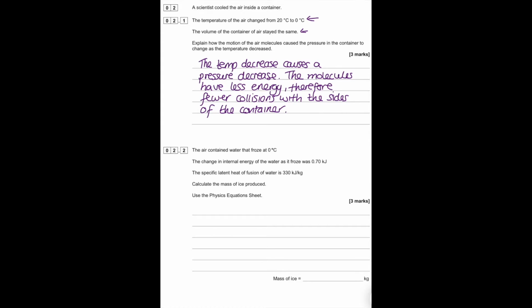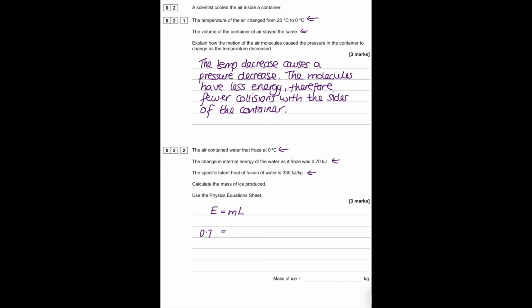The air contained water that froze at 0 degrees Celsius. The change in internal energy of the water as it froze was 0.70 kilojoules. The specific latent heat of fusion of water is 330 kilojoules per kilogram. Calculate the mass of ice produced and use the physics equation sheet to help you. So if we look that up, we know that the energy is going to be the mass times the latent heat. So the energy we have is